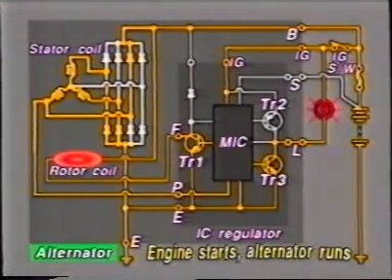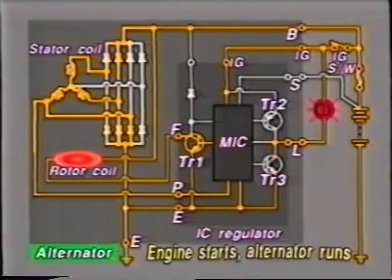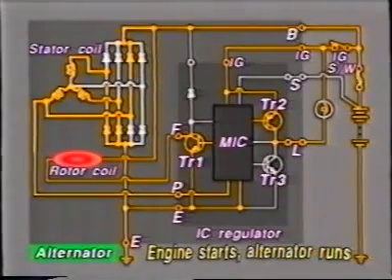On the other hand, when the voltage at terminal P rises, the MIC turns transistor TR3 off and transistor TR2 on. As a result, there is no potential difference between the ends of the charge warning light, so the light goes off. When transistor TR1 is on, and the voltage at terminal S reaches a standard value, the MIC turns